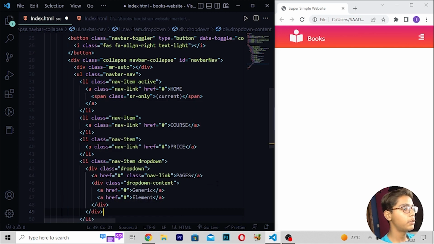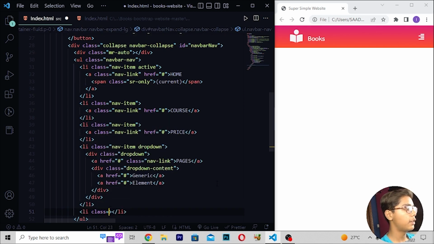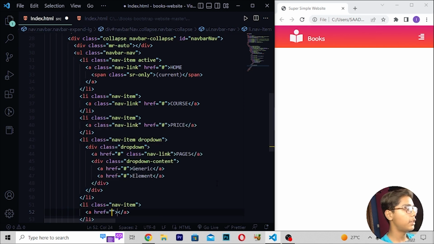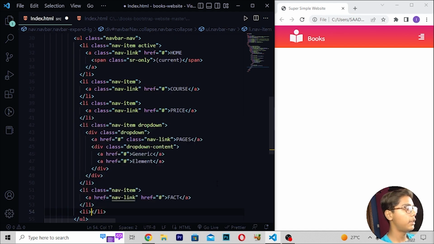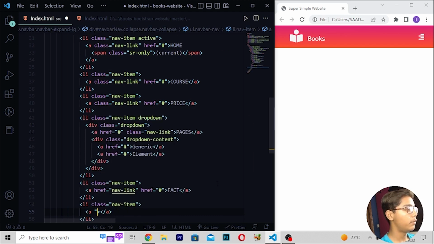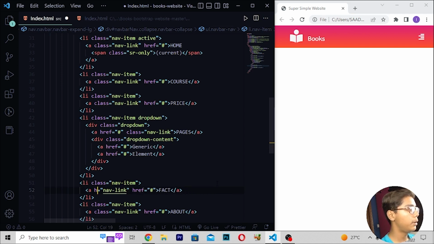then I'll be moving down right here element like this, then you have to just move down right here li class nav item, then I'll be just writing a tag, right here nav link, then right here href hashtag, right here fact, then I'll be writing li, then here I'll be now writing class nav item, then I'll be writing here removing this, right here class nav link, then when you've written this, here I'll be writing href hashtag like this, then here I will be writing about, then you have to move at the top, and then here I will be now writing class, then you have to save this and then reload.